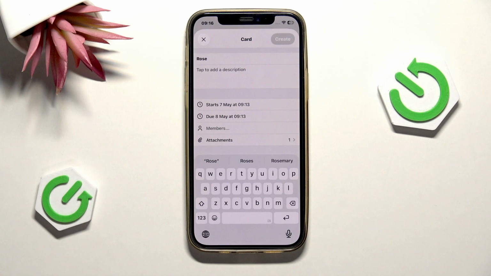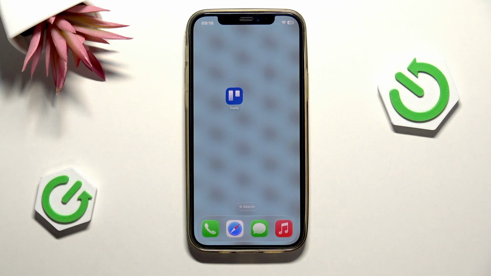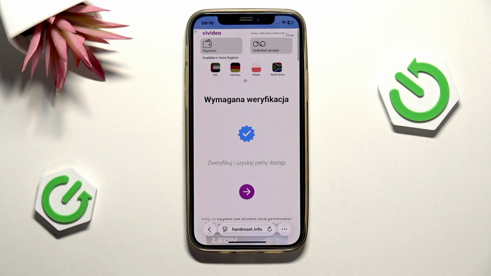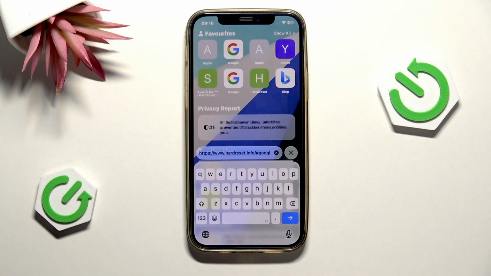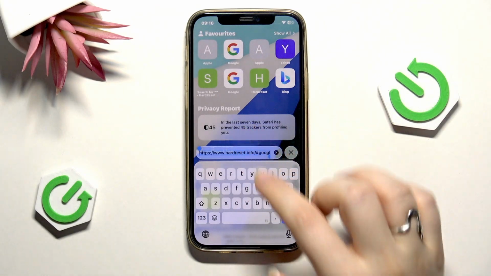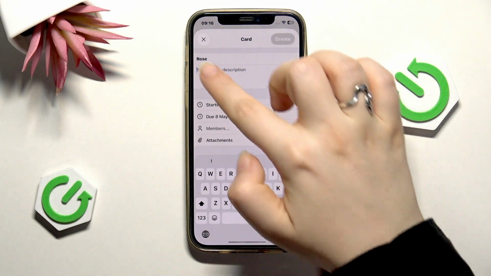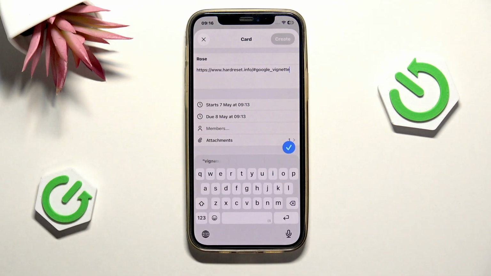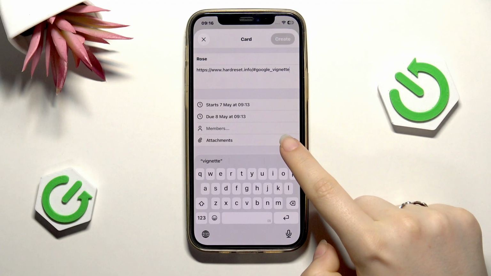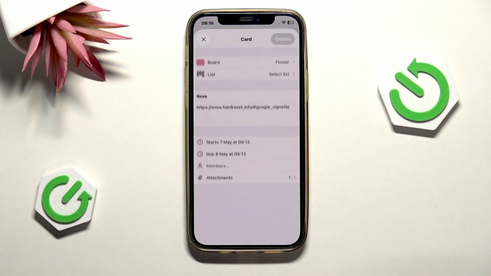Okay, so if you want to add a link, you just need to go to the page you want to save. I'm going to choose hard reset info, copy, and paste your link right here. So we apply here,